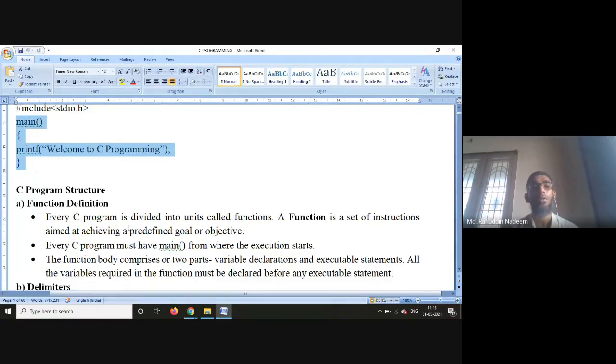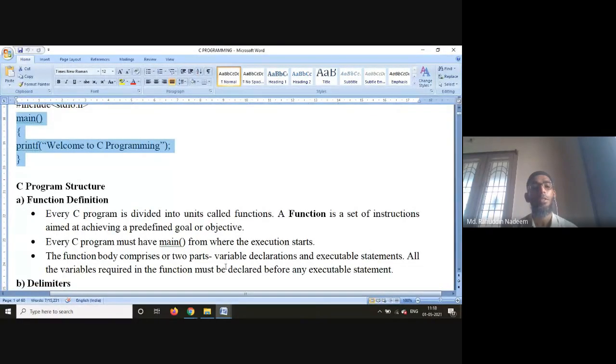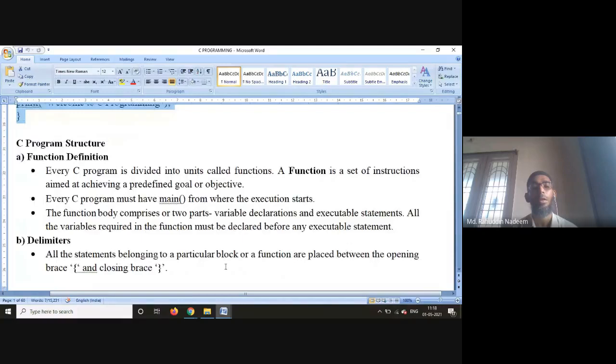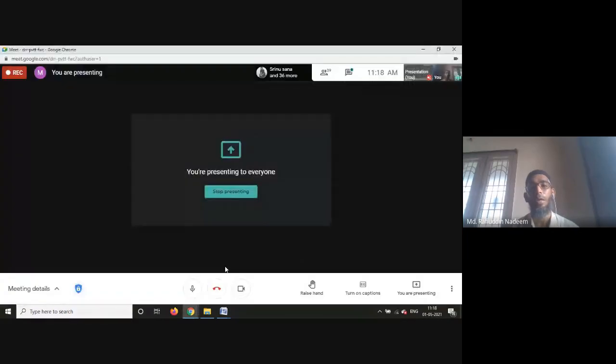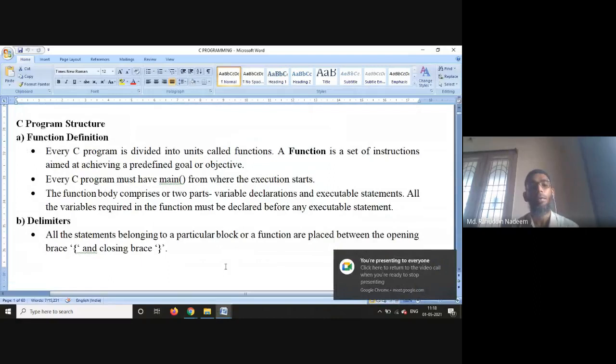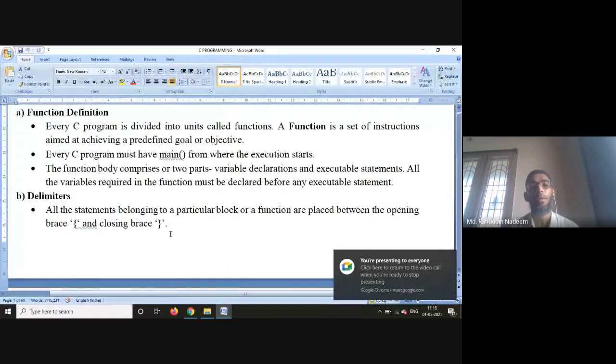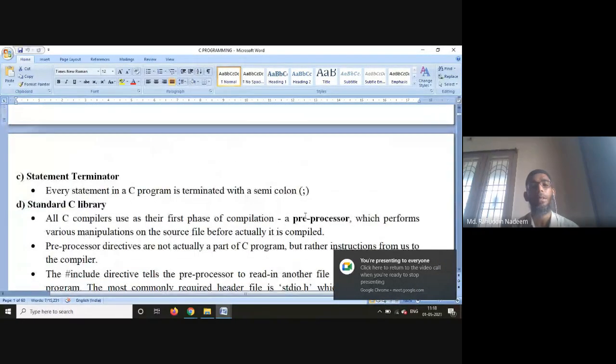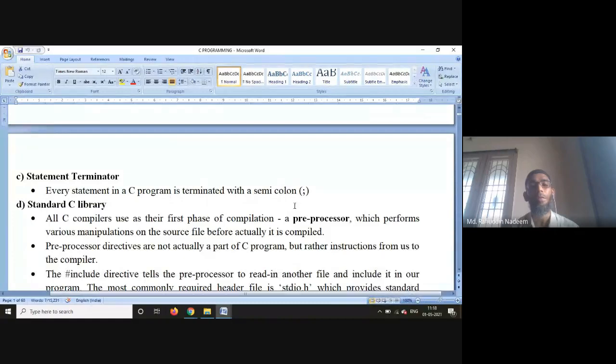It comprises two parts: variable declaration and executable statements. The variables which are required have to be declared before we start using them. After that, all the statements are placed in braces. Every statement terminates with a semicolon.